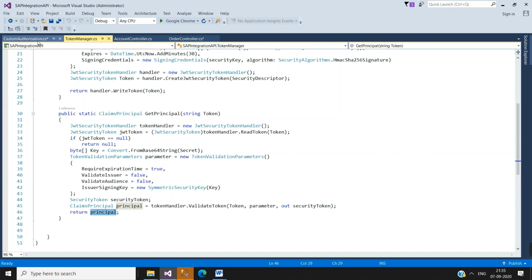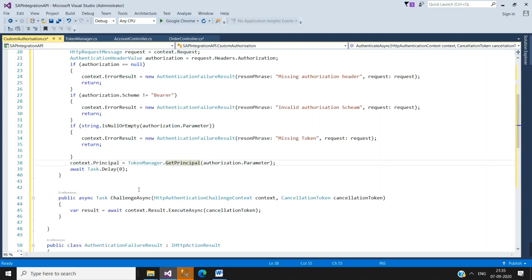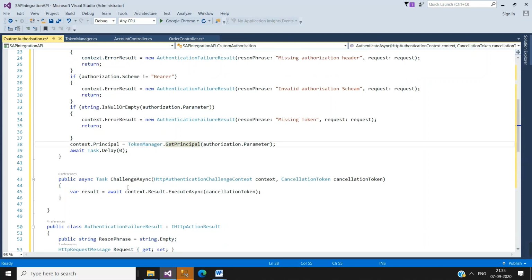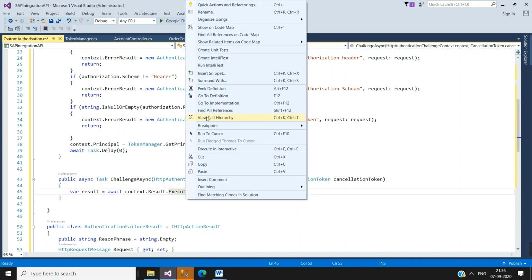If the principal is not facing any challenge to validate this, then it will return okay. It will not create, it will return a resource which the client has requested. If any challenge comes, the challenge async method will be called. And here look what we are doing, we are executing an async function.